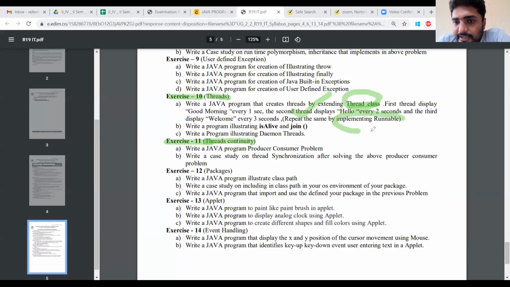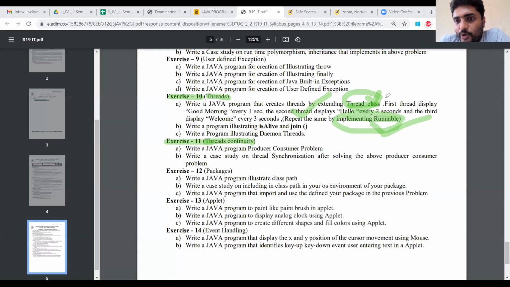The second is implementing the Runnable interface. In the first program, we implement the threads by using the Thread class. In the second program, we implement the threads by using the Runnable interface. That is the aim of this program.